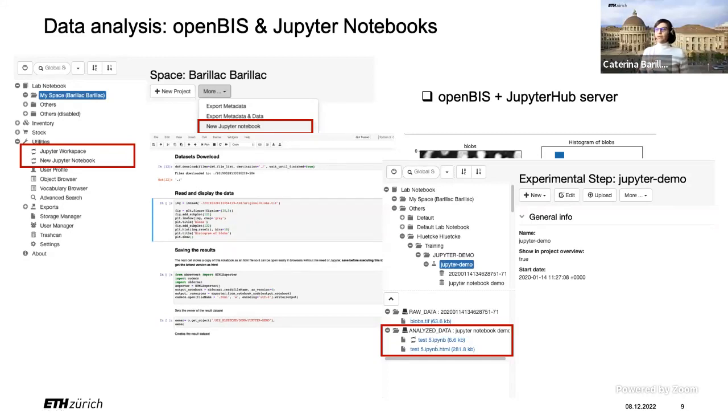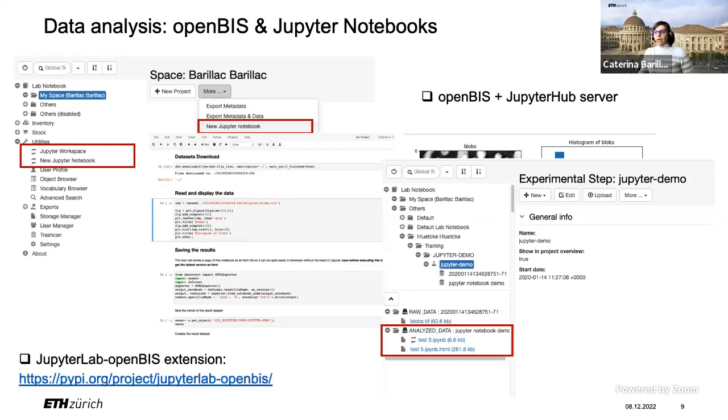The data that you generated at the very beginning, the raw data, you can process, and the analysis of the results will also be there in openBIS together with the code that you have used to analyze the data. There is also a JupyterLab openBIS extension that allows you to use a local Jupyter installation